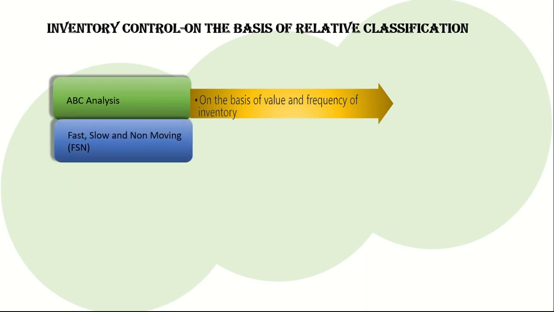Systematic working: with the introduction of the ABC system, much of the work connected with purchases can be systematized on a routine basis to be handled by subordinate staff. 2. Fast-moving, slow-moving and non-moving, FSN, inventory. It is also known as FNS, fast, normal and slow-moving, classification of inventory analysis.